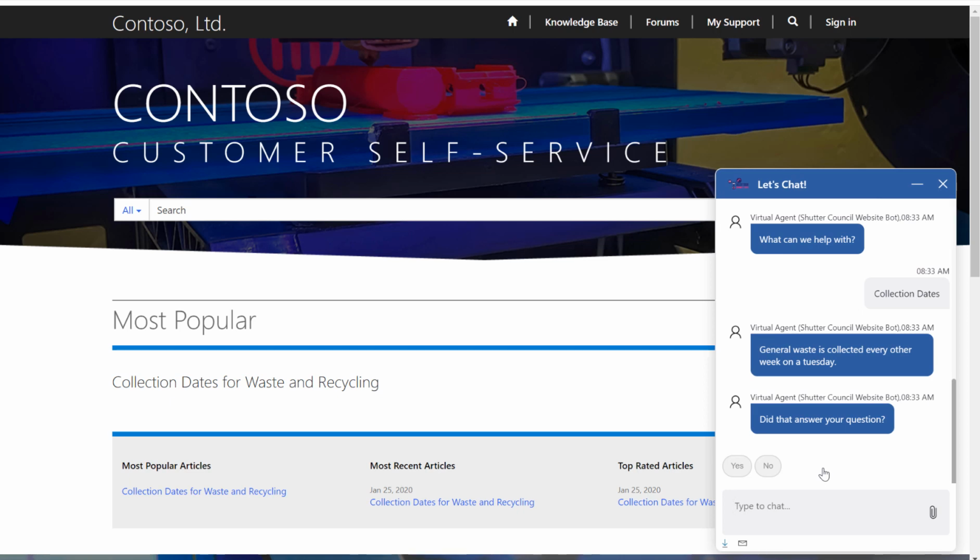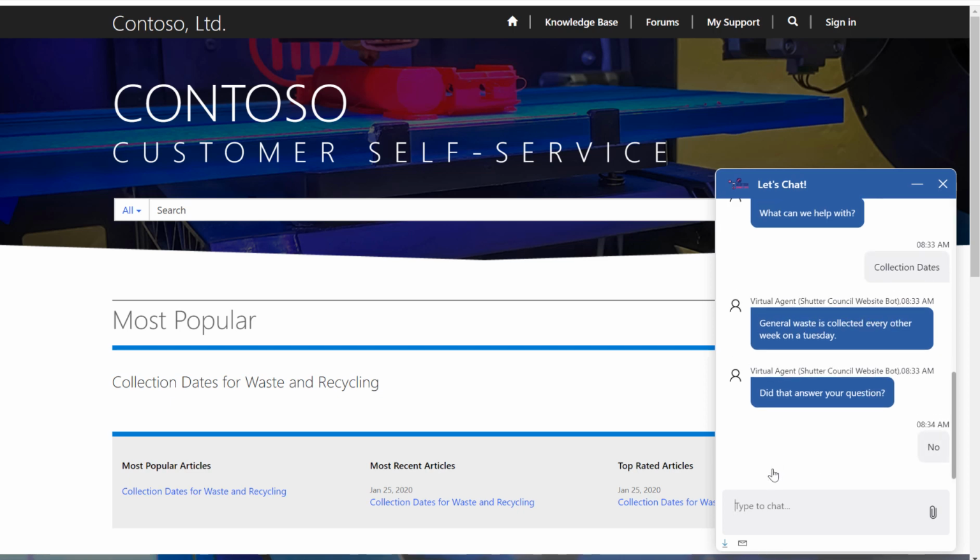Because obviously the main aim behind the Power Virtual Agent is really to deflect away from agents. We don't want our agents to be hammered by questions that can really be dealt with by, for example, a chatbot or a knowledge article. So we provide as much ability for customers to self-serve before having to go through to an agent. But if they did need to speak with an agent,